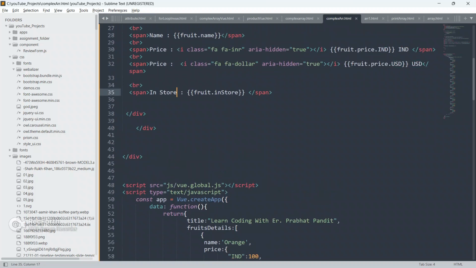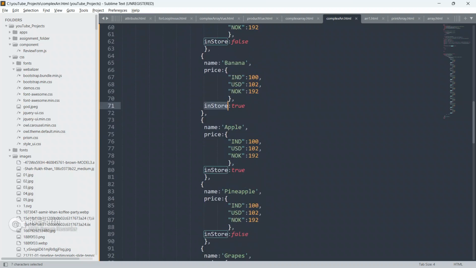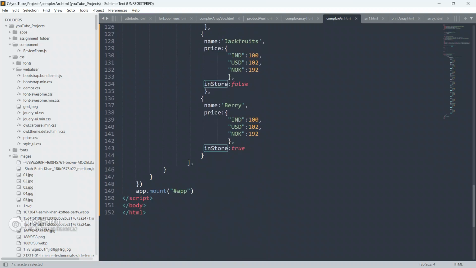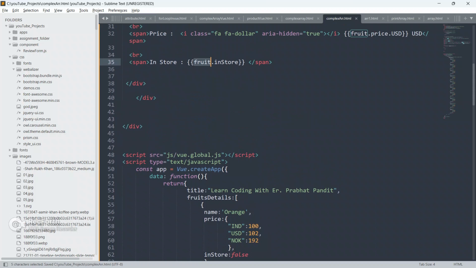And I am doing the in-store value here, fruit.inStore, this in-store, up to the last. So that's why I am doing fruit.inStore, and whatever variable name you have to print, you have to give double curly braces, and inside the double curly braces you are going to do all the calculations.